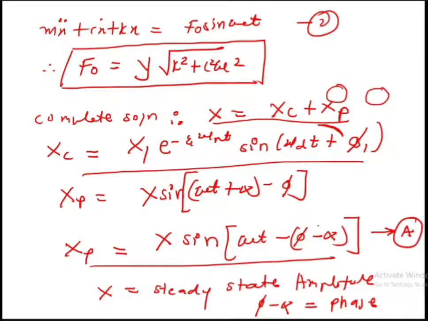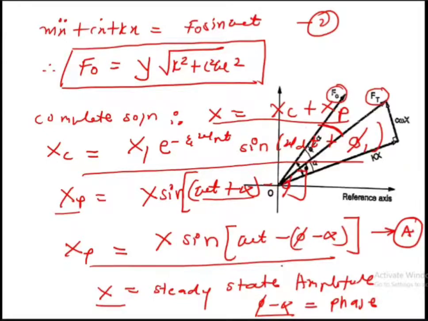So how did this phi minus alpha come? Because omega t plus alpha is the angle in the particular equation. For the particular integral, we assume X sine omega t plus alpha minus phi, so it becomes phi minus alpha. So guys, try to understand that for forced vibration, X is the steady state amplitude, which is F0 by k divided by square root of [1 minus r square] whole square plus [2 zeta r] square. And what is the phase angle phi? Phase angle phi is tan inverse of 2 zeta r upon 1 minus r square. But for forced vibration due to the excitation of support, we will derive X, the steady state amplitude, and the phase angle is phi minus alpha. This is what you have to understand.